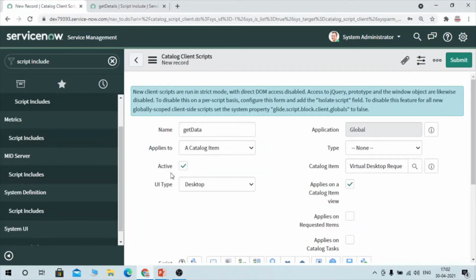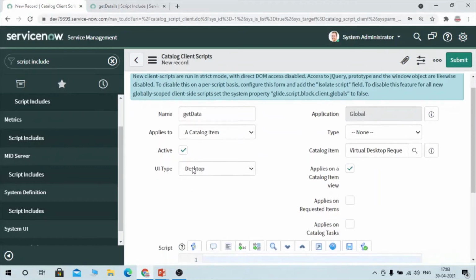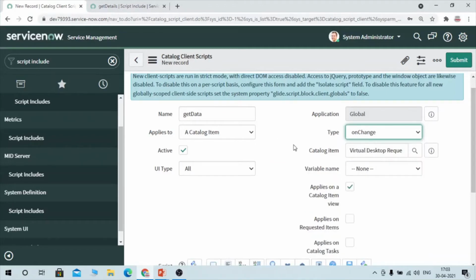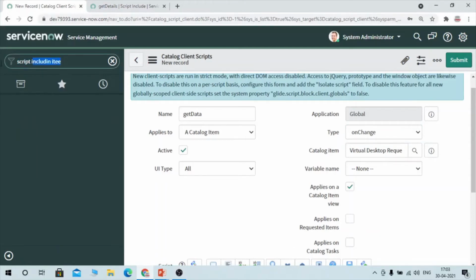So it is fine. It should be active. UI type you can select desktop or all, according to your preferences or requirement. And in type you have to select on change, because whenever we are changing the requested for, we need to populate the email ID of that requester. So let's go to maintain item.